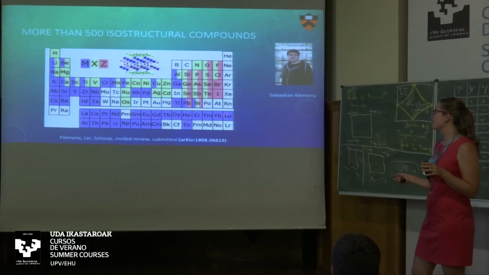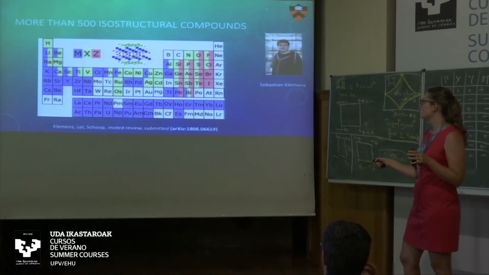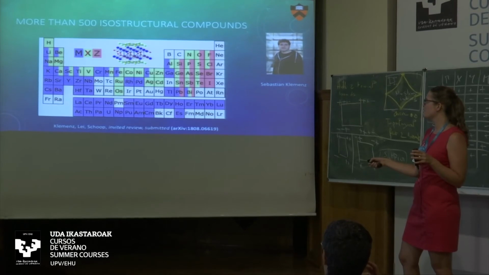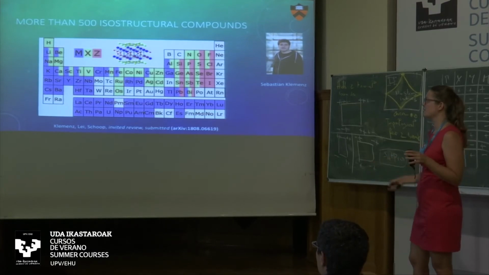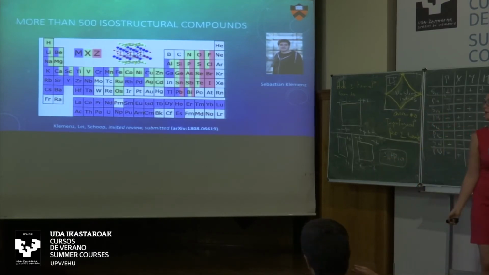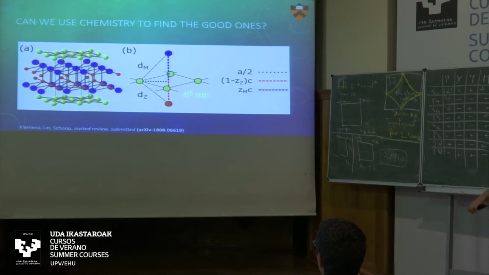And so here's a periodic table. There are more than 500 compounds. And so these are the different elements. The silicon element, which is the square net, is what we put in green. And all these elements can sit on the other positions. So there are lots of them. And then we define some geometric